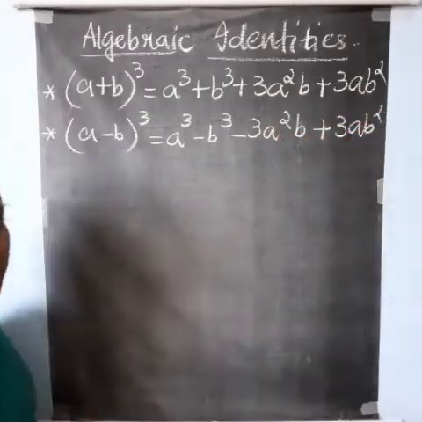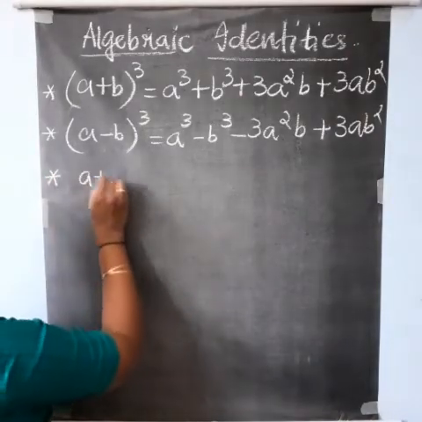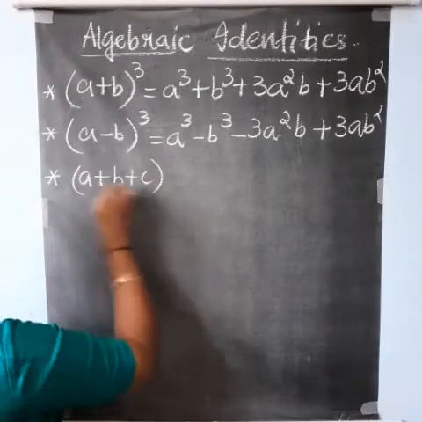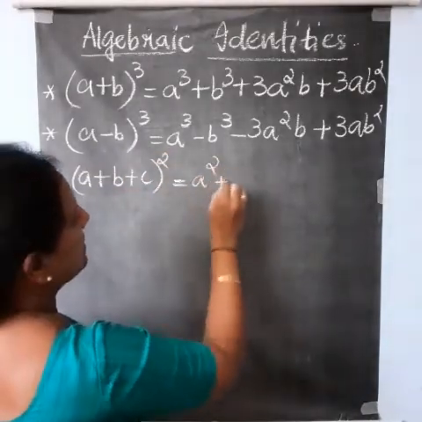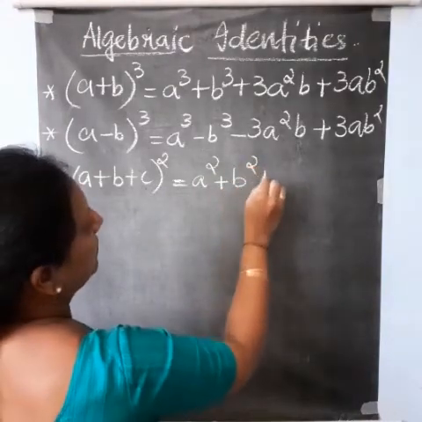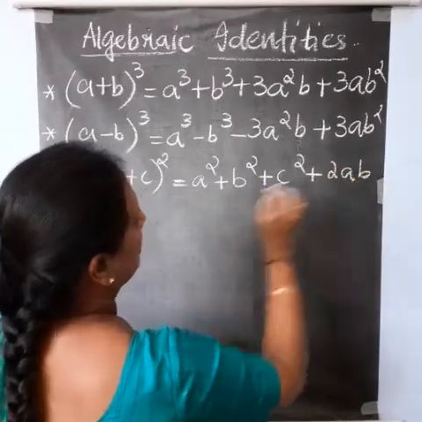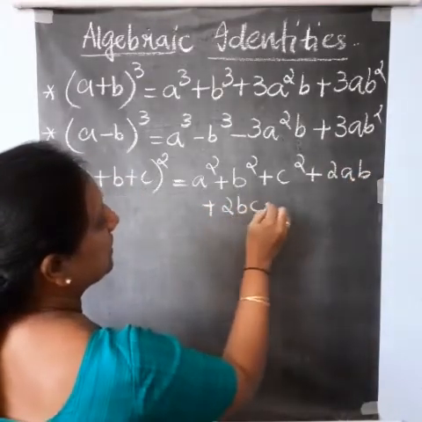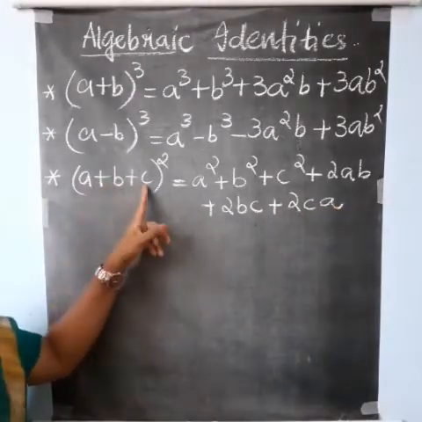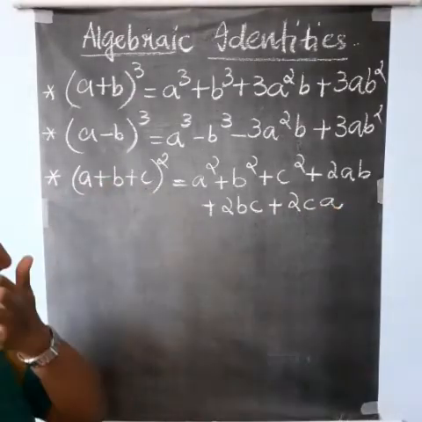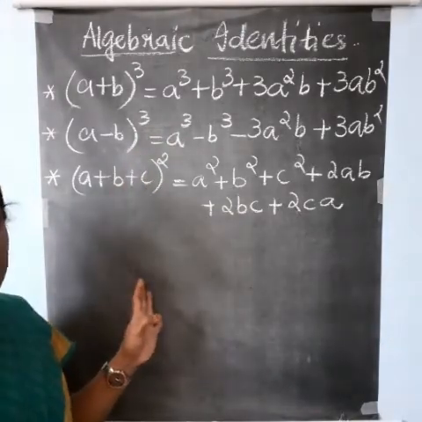Right? Okay. Now, the next identity that we learned was (a plus b plus c) the whole square equal to a square plus b square plus c square plus 2ab plus 2bc plus 2ca. That is ab, bc and ca. These 3 identities we learned this year, right? Now the last identity that we are going to see is